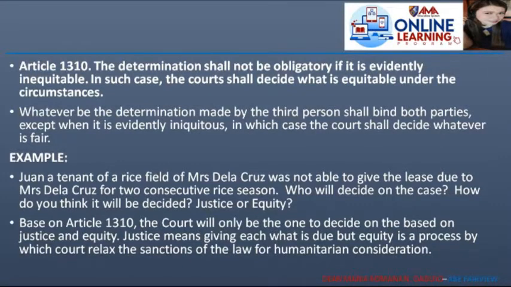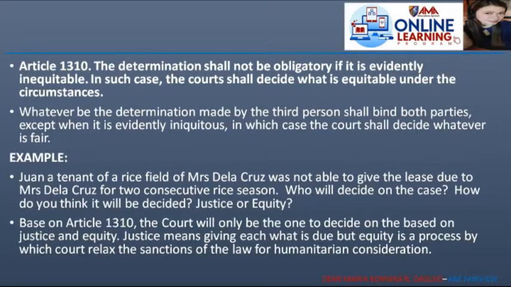So if it is based class on justice, ang gagawin ni court class, ibibigay niya kung ano yung due, no, doon sa dalawa. Halimbawa, Juan, uutusan siya na magbigay ng kung anong tama according sa batas kay Mrs. De La Cruz. Si Mrs. De La Cruz, ganun din. She has the right to demand what is due to her. Okay? Pero, kung si korte, ibibase naman niya sa equity na tinatawag class,